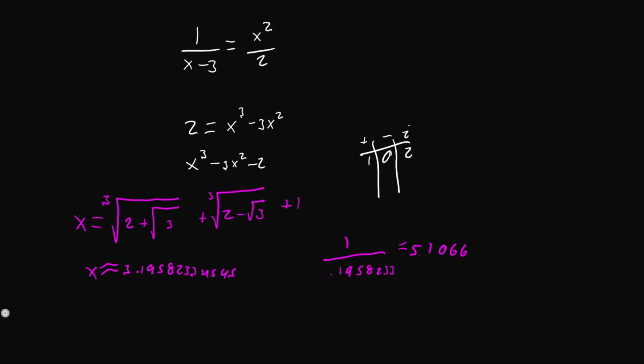And now our answer, 3.1958233 squared divided by 2 is going to give us, first let's write down, 10.21328 divided by 2 is going to give us 5.1066,